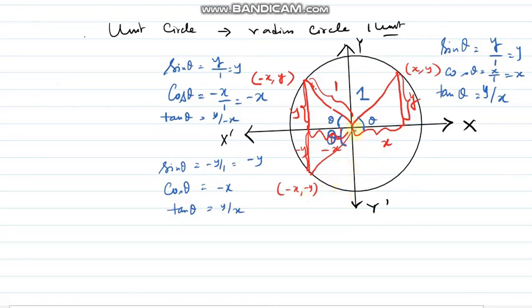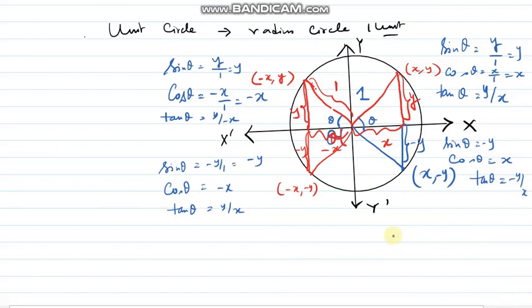So if I move to the fourth quadrant now, the coordinate will be x comma minus y, right? This is x, which I already wrote, so this will be my minus y. So my sine theta will be minus y, cos theta will be x, tan theta will be minus y divided by x. See, I calculated only the signs of sine theta, cos theta, tan theta, because whatever the sign of sine is, that will be the sign of cosec theta. Whatever the sign of cos theta is, that will be the sign of sec theta. Whatever the sign of tan theta is, that will be the sign of cot theta.